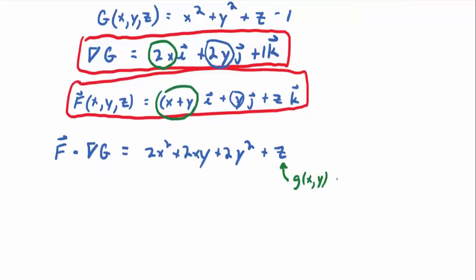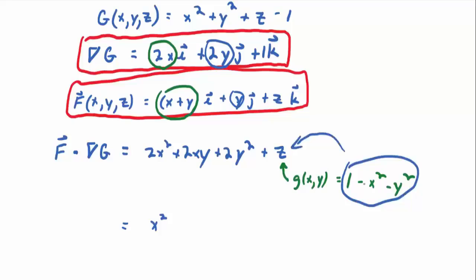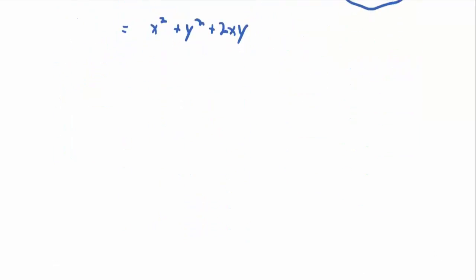So if you replace with 1 minus x squared minus y squared and add like terms, you'll have your integrand. So, okay, we have 2x squared minus x squared. What's that? I'm going to put this guy in for z, and if I add like terms, I get 2x squared minus x squared. That's just an x squared left, right? And then if I take the 2y squared and minus y squared, I'll put the y squared right there. And then the 2xy is fine as is. So that's my integrand. A little complicated, I know. So then